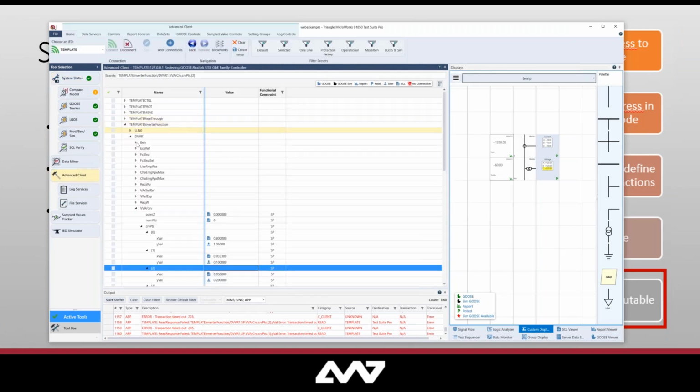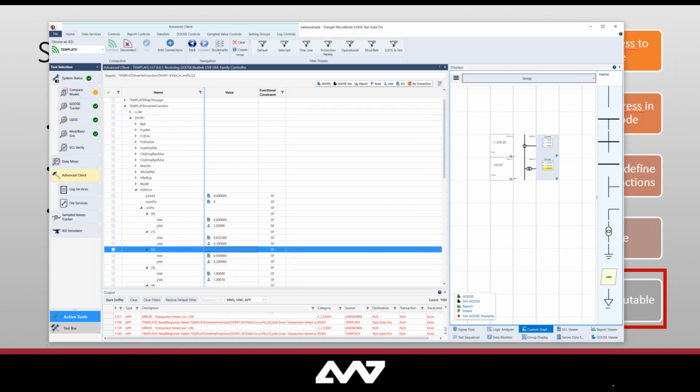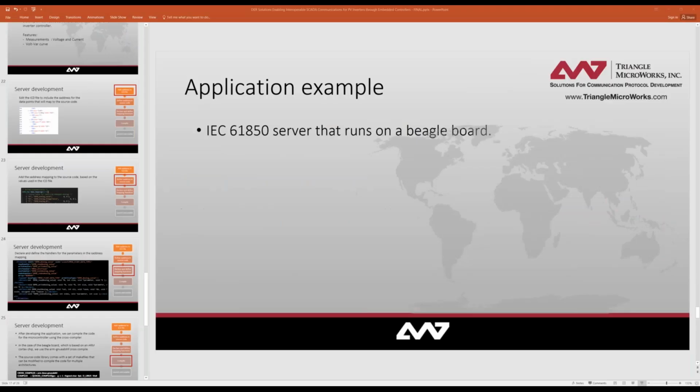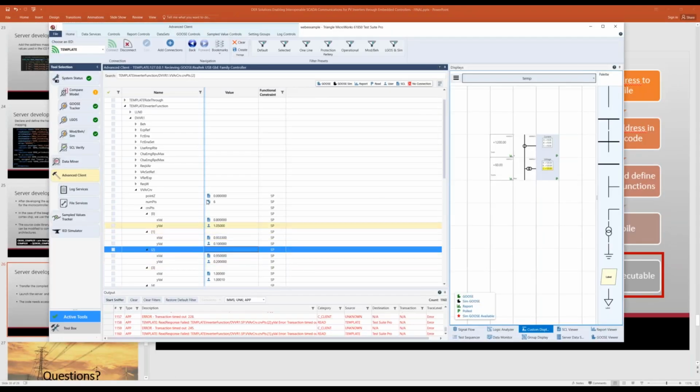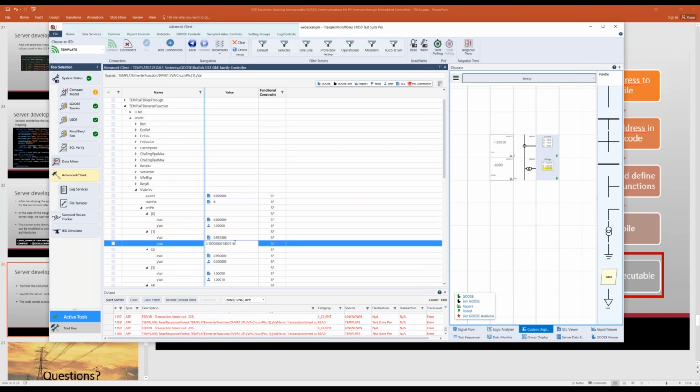You can then select the inverter function, which is where the volt-var curves actually live, and you have the ability to change these curves. So for example, I can go in and change one of my curves to have a different value, which should change the bar value in here.